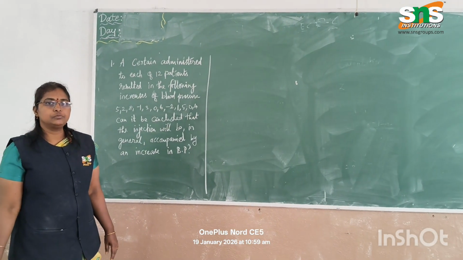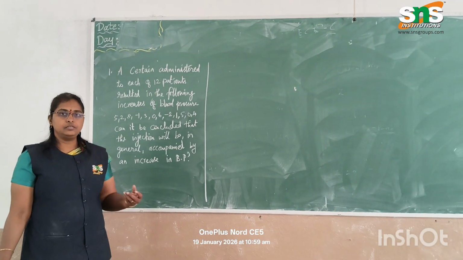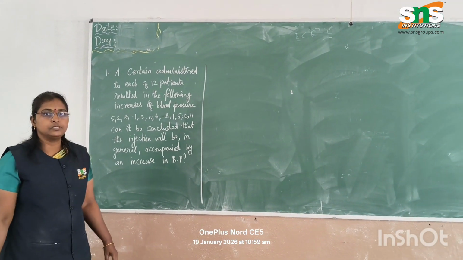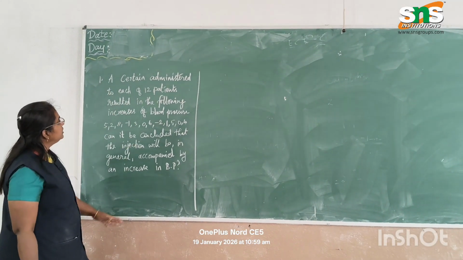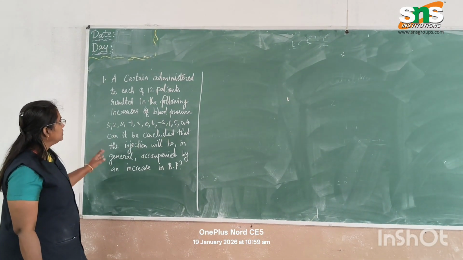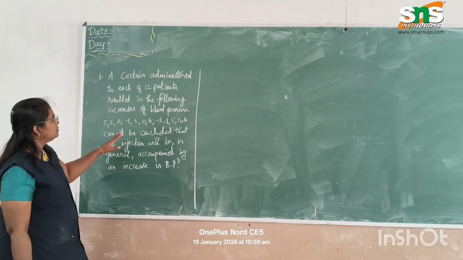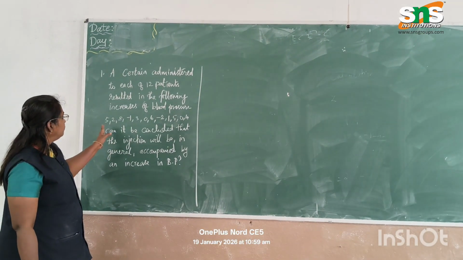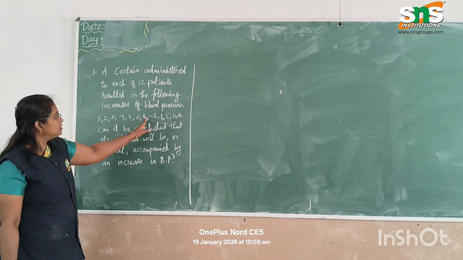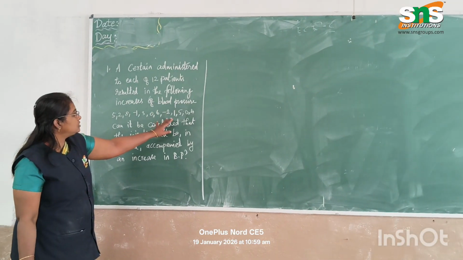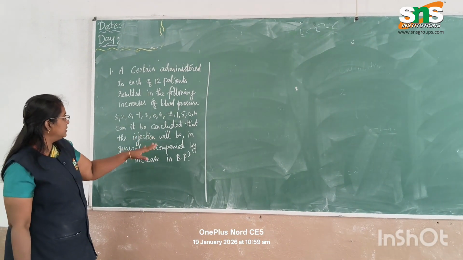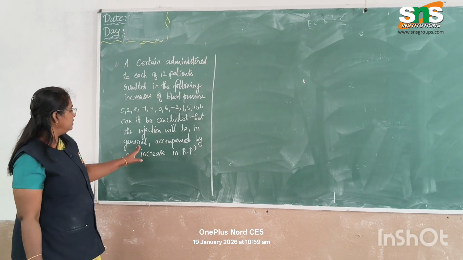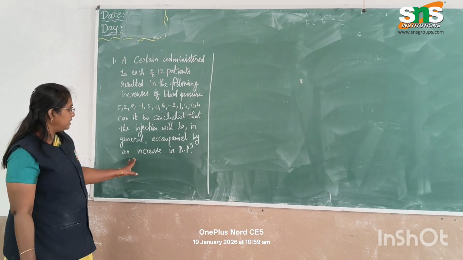Today I am going to discuss the testing of hypothesis. In this topic I choose small samples. Now, let's take an example. A certain injection administered to 12 patients resulted in the following increases of blood pressure: 5, 2, 8, minus 1, 3, 0, 6, minus 2, 1, 5, 0, 4. Can it be concluded that the injection will be in general accompanied by an increase in